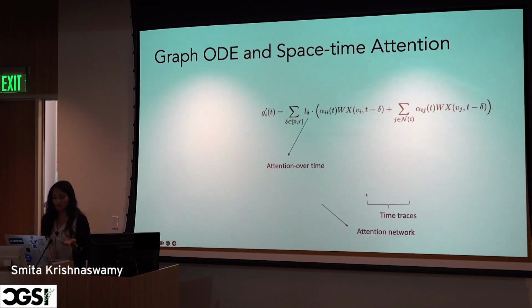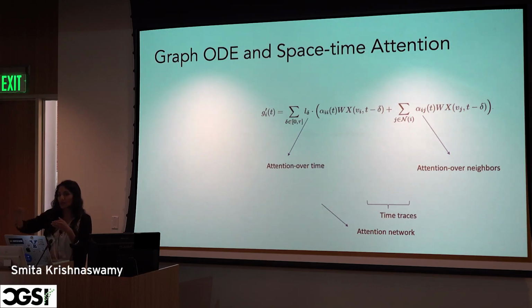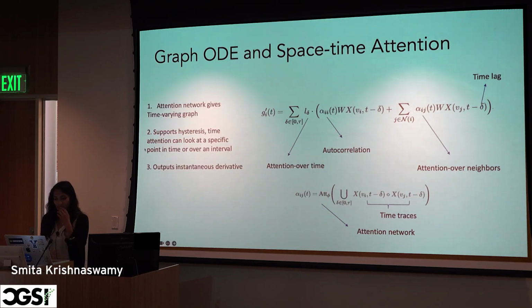And we sort of redesigned the attention to be attention not only over neighbors, but also over time, so that you can accumulate some transcripts before you trigger another one. I'm not going to go into the details of this, but basically you have a time-varying attention network that has several parameters. It can support accumulation of some kind of transcript before triggering another one, and it models time lag